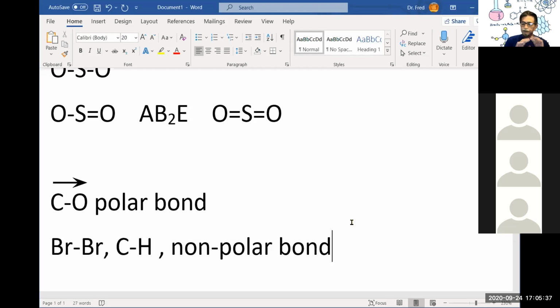So carbon and hydrogen is the only one, simply because the electronegativity of carbon and hydrogen are very close and very similar. They're basically the same. Okay. All right. So